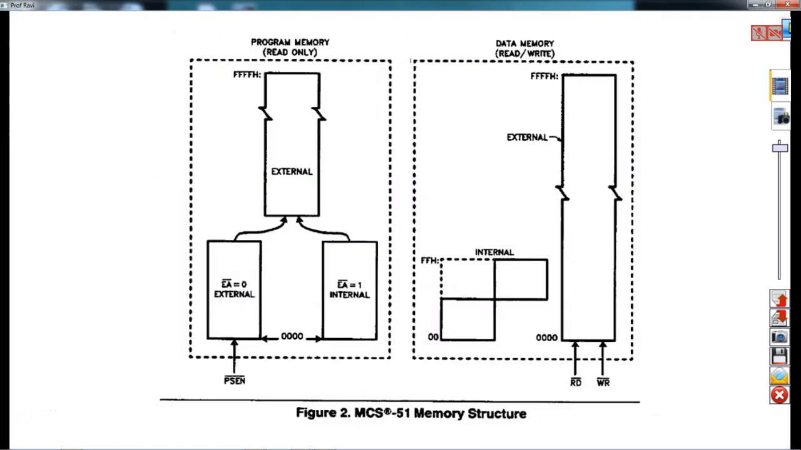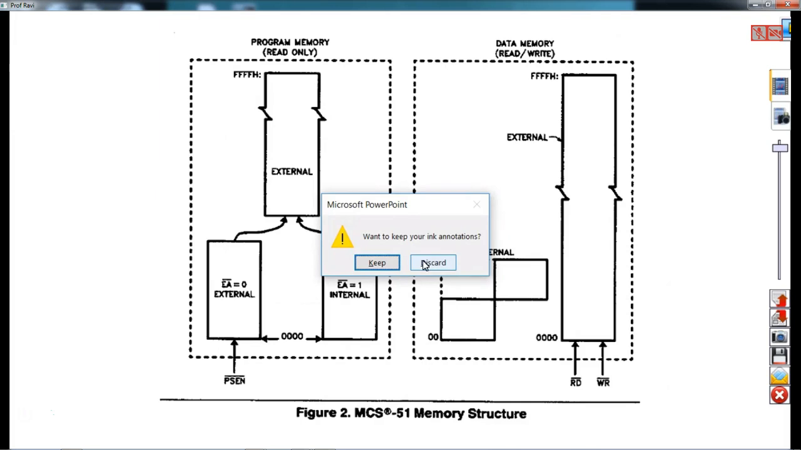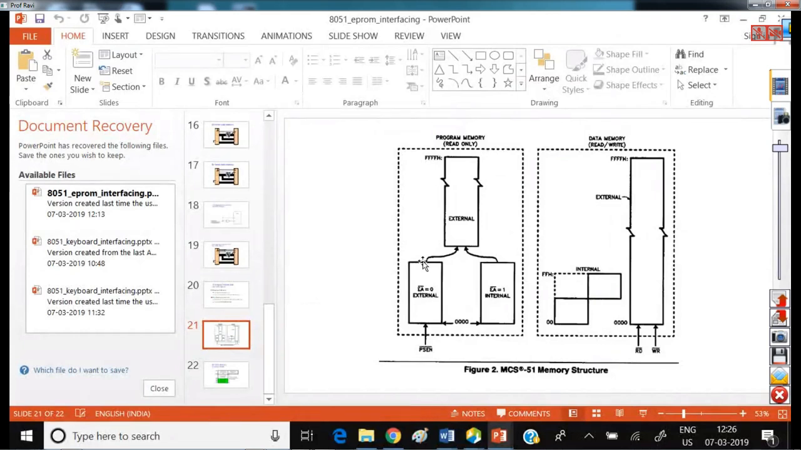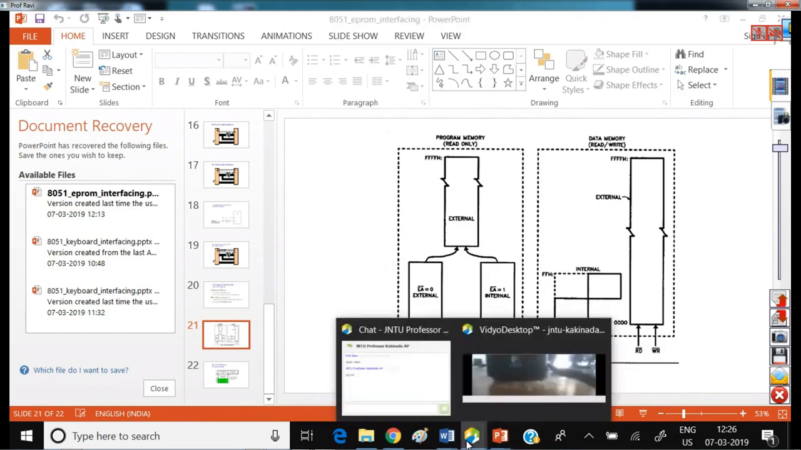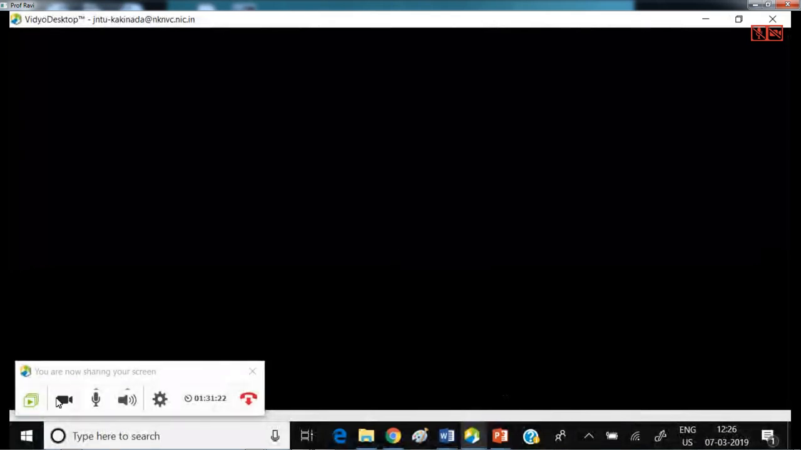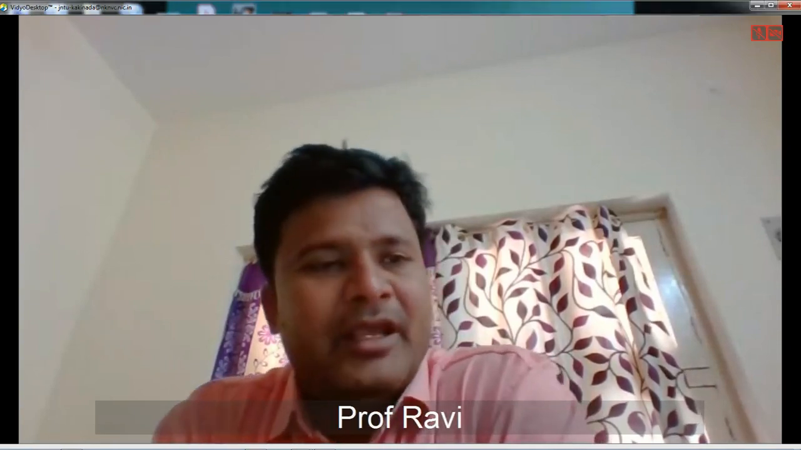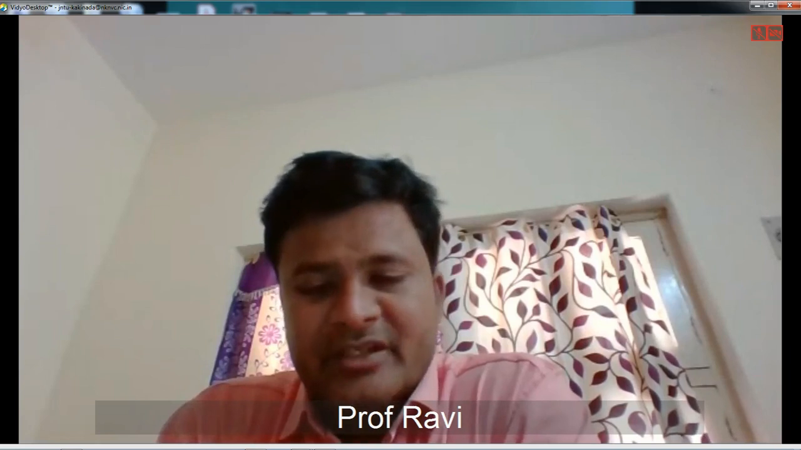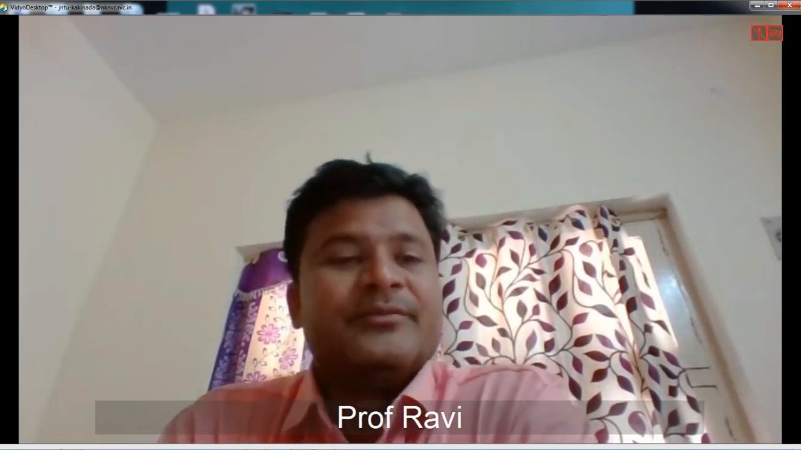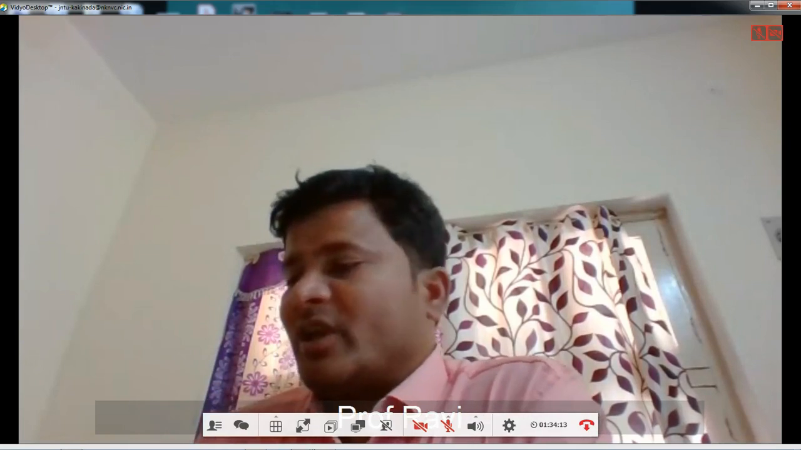So this is the memory structure of the 8051. With this, we have seen the interfacing of RAM and ROM, and you can go further in detail using the 8051 concepts. Today's class, we have seen how to interface a microcontroller to a keyboard, and external memory to the 8051 in this particular class. And in the next class, I'll be taking up